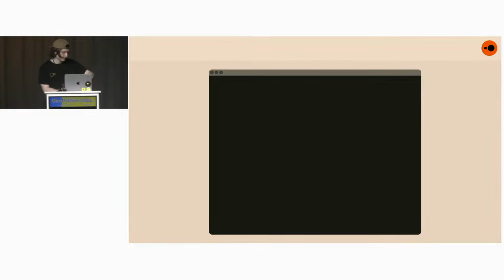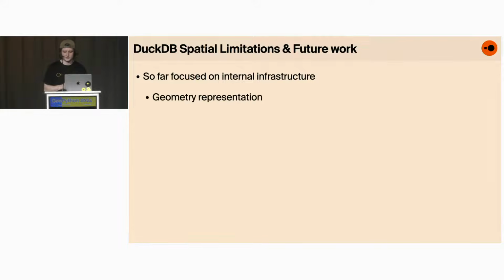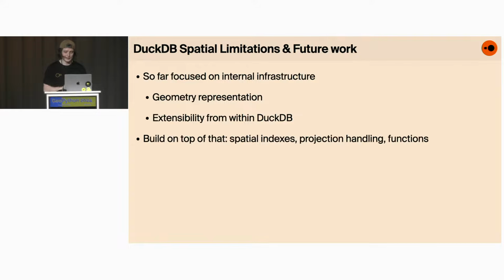Now, I really quickly want to end on some notes about limitations and future work for Spatial. So far, I've been really focused on the internal infrastructure of Spatial, like having an efficient representation of geometry internally, also pushing a lot of stuff into DuckDB core, like exposing a lot of internal APIs, so we can make use of them in Spatial. I managed to land a lot of really big things that I'm very excited about. So the plan now is to build on top of this foundation that we have and provide some